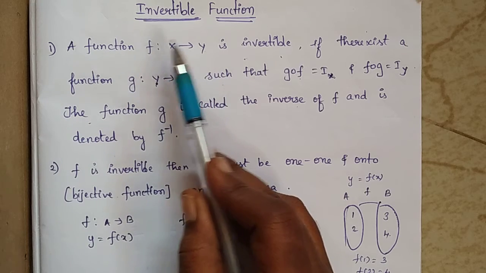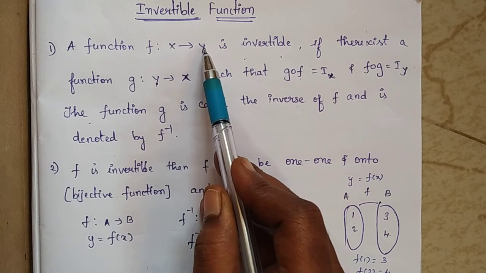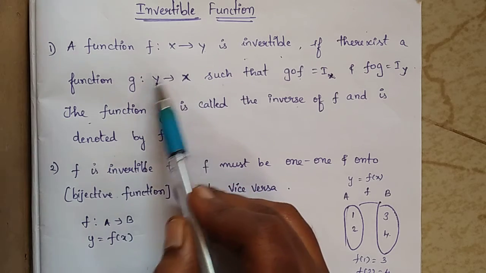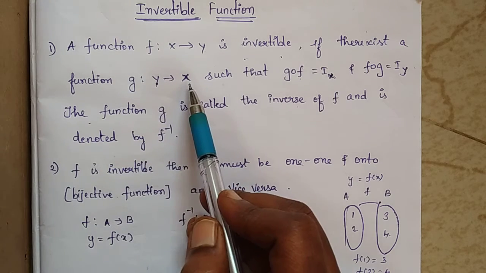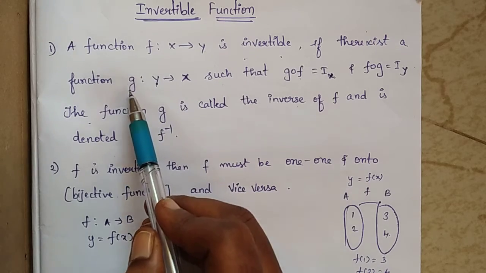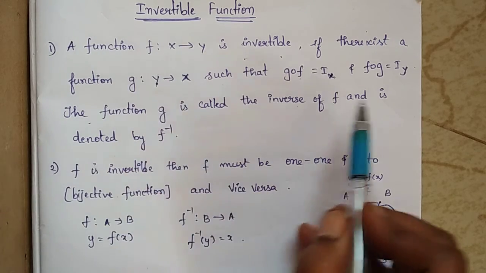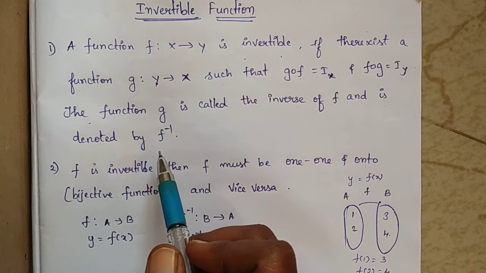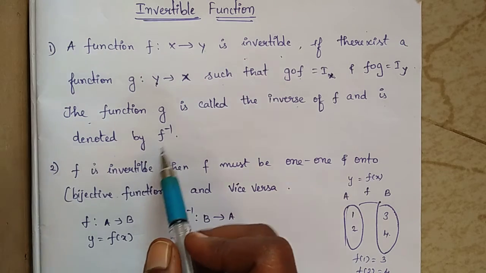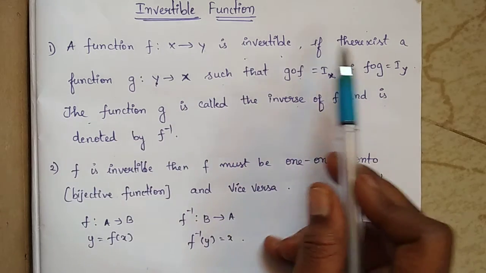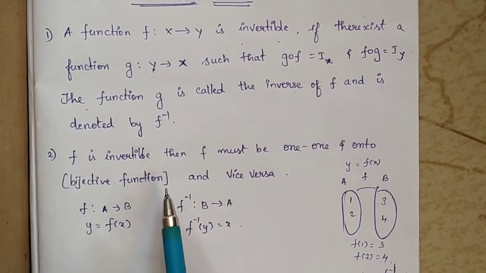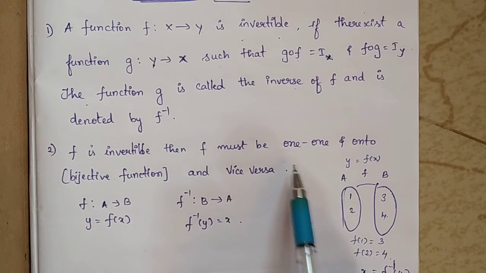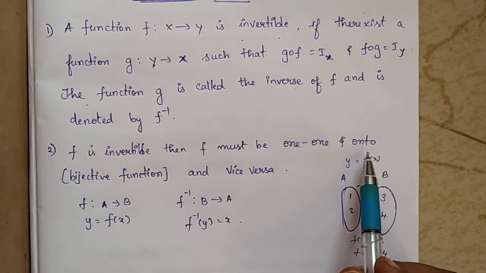See here, this is domain and this is codomain. It is getting reversed there. Now this becomes domain and this becomes codomain. So when it gets interchanged, then this will be the inverse of this function and this inverse will be denoted by f inverse. We have two ways to find the inverse of a function. One is composition of function and another is with bijective function. Here bijective means it should be 1 1 and it should be onto.